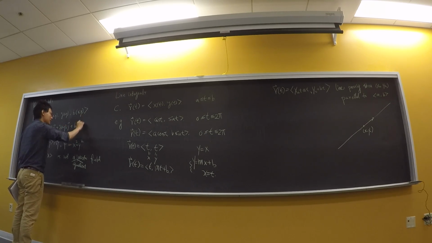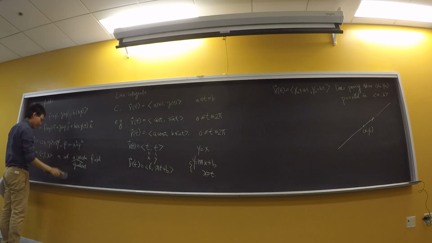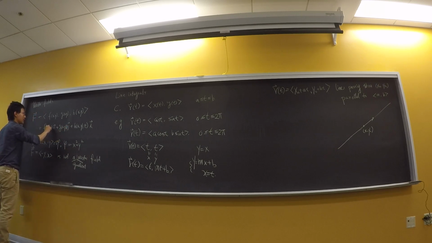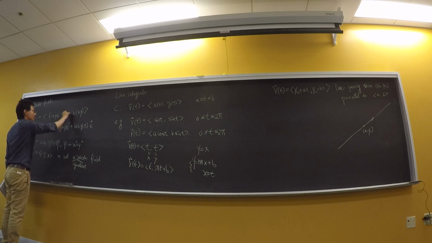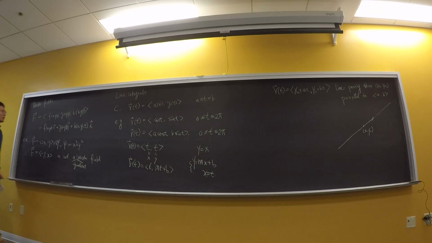Because I have 3 variables, these components are all going to be depending on 3 variables, x, y, z. Okay, so I have 3 components, 3 scalar functions depending on x, y, z, and we can also talk about